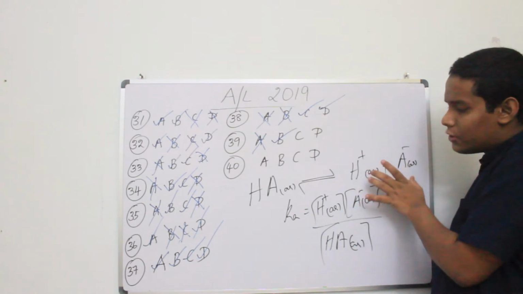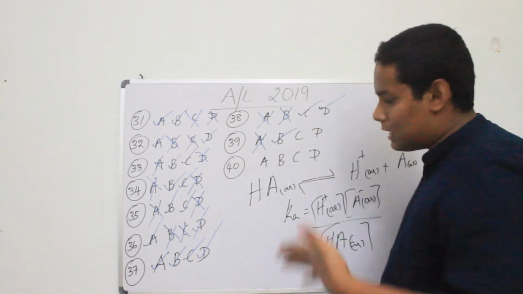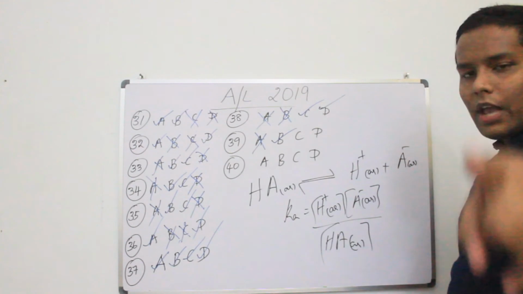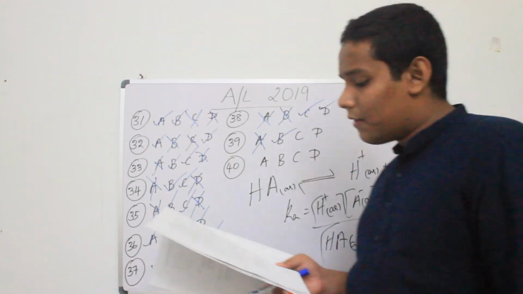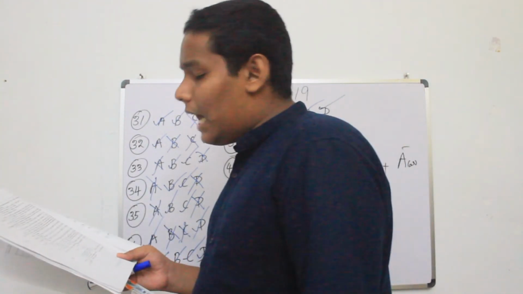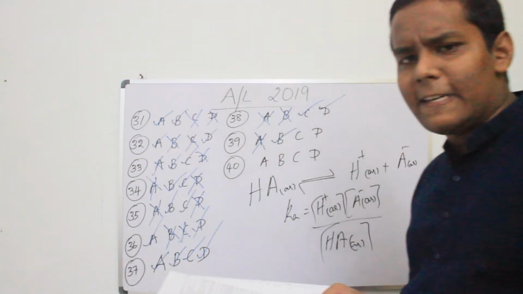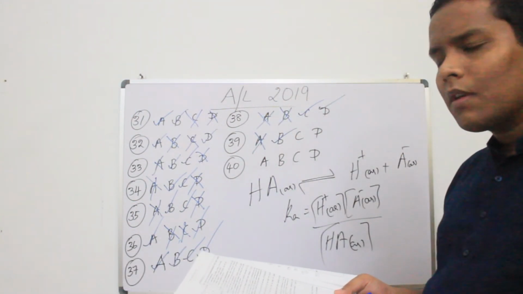So if concentration of these two decreases, according to Le-Chatelier's principle, forward reaction is favored. So therefore dissociation increases. Other part of that same statement, conductivity decreases. Why does conductivity decrease when you put more water? Now imagine